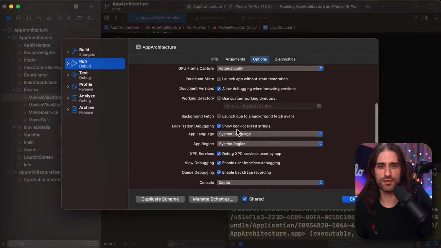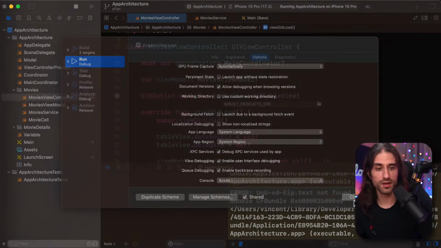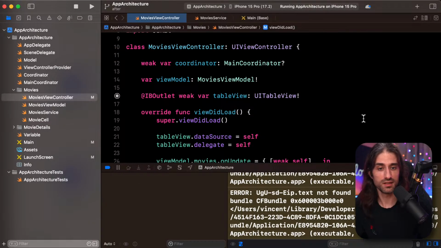I don't think I've ever used it, but if you're ever asked to work on an app where localization was done in a poor way or in a not very rigorous way, and you're asked to audit the app, it can be a great way to have them really pop out at you, because they will be in uppercase, so they will be very visible.